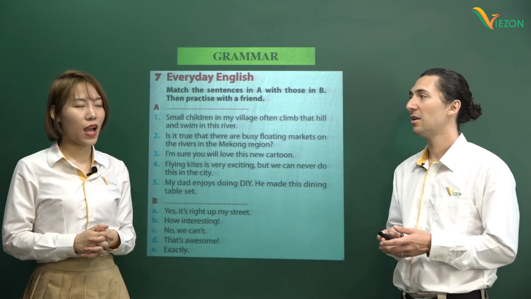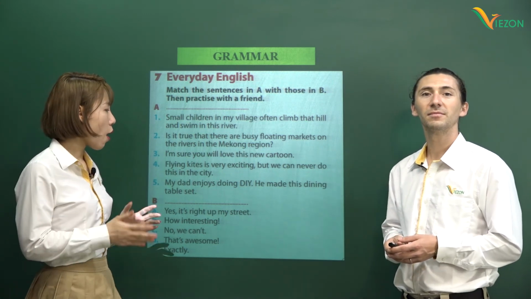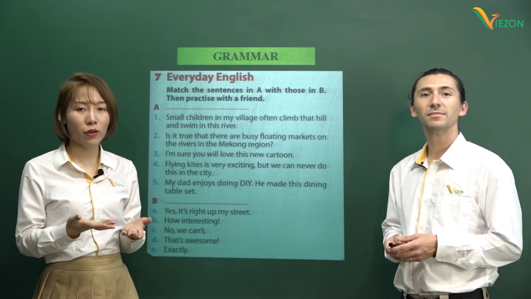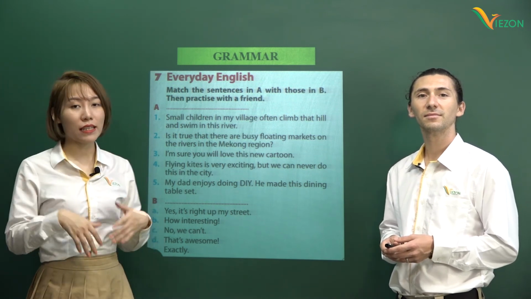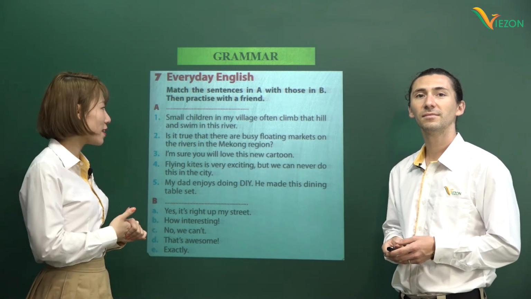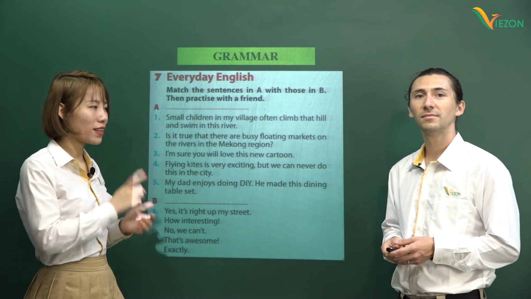Okay, Teacher Hien? Với bài tập số 7 ở đây thì mình có hai cột ở đây là gì? Cột A đó là đưa ra những lời nói, những ý kiến. Với cột B thì mình sẽ thể hiện cảm xúc, ý kiến của mình về điều đó như thế nào. Bây giờ mình sẽ đến với từng câu đấy nhé. And number 1, Teacher Manny.